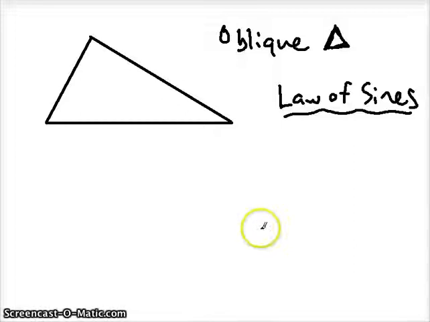In this video, I'm going to explain how to solve what's called oblique triangles. Oblique triangles are triangles that are not right triangles. So we have all kinds of methods to solve right triangles, but in these next two videos I'm going to show you how to solve a triangle that is not a right triangle. They're called oblique triangles. One method is to use the law of sines,